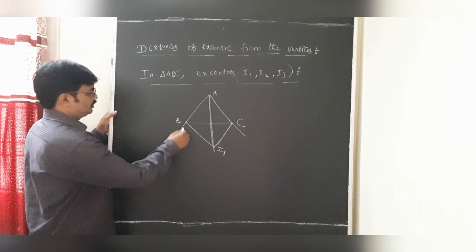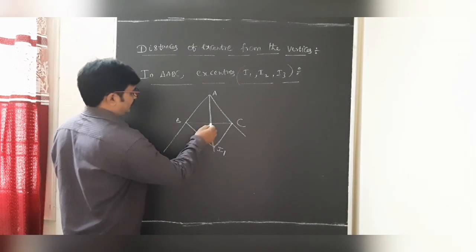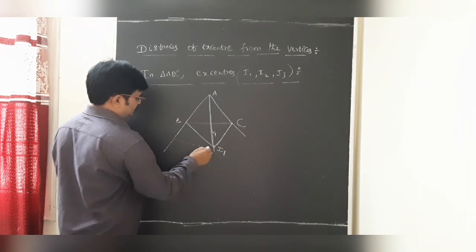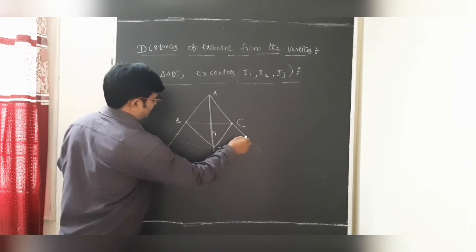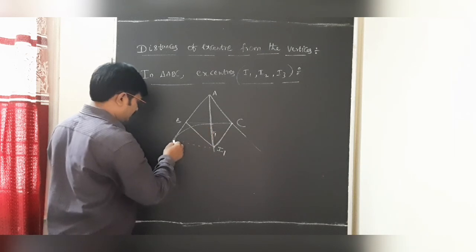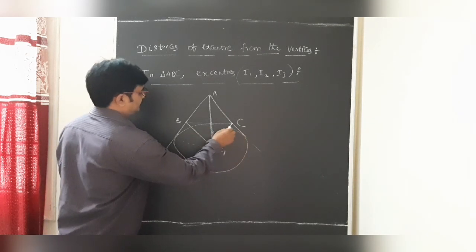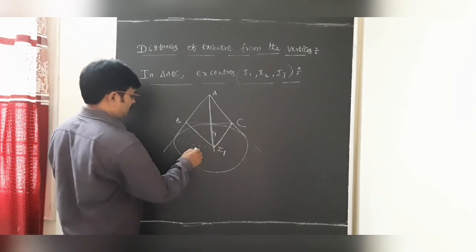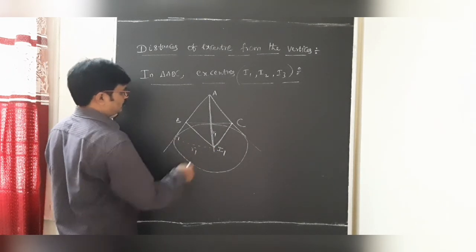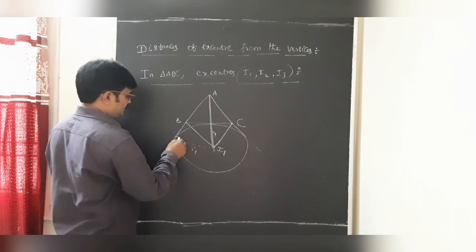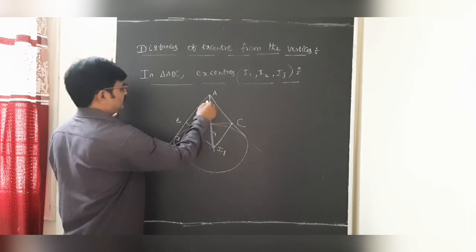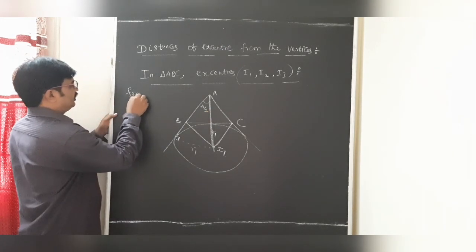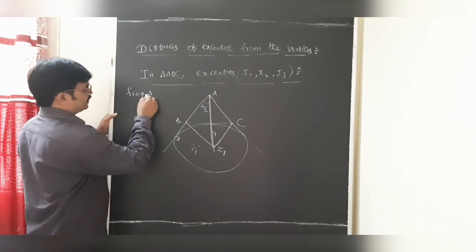So students, we can draw the excircle having the radius r1. This is also r1, and this is also r1. If a circle touches the three sides externally, then it is called an excircle. So undoubtedly this is r1. From this triangle, how to write it? This is undoubtedly A by 2. So from the triangle, what is there?